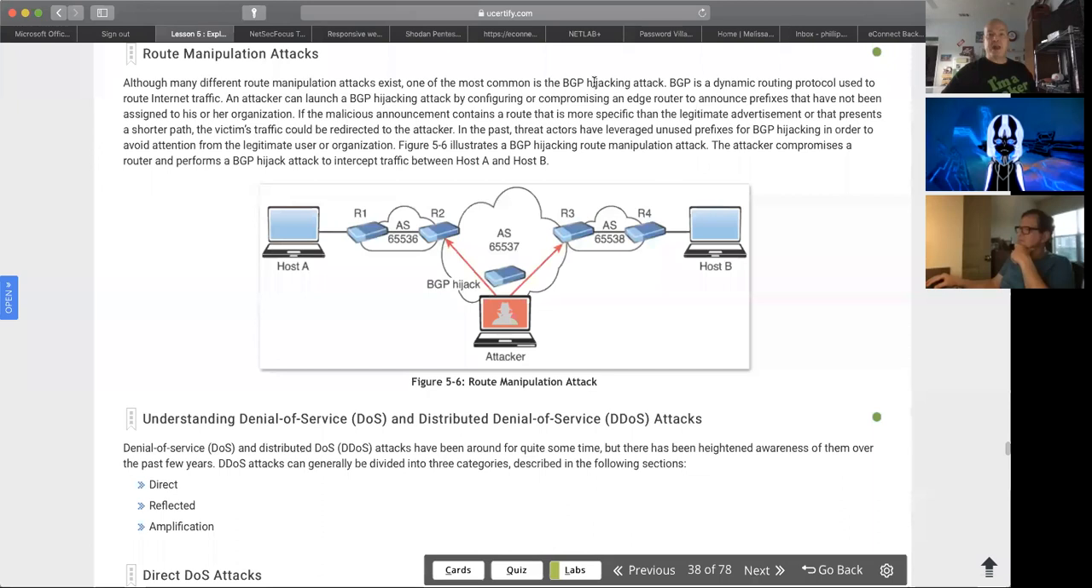BGP is a dynamic routing protocol used to route internet traffic. An attacker can launch a BGP hijacking attack by configuring or compromising the edge router to announce prefixes that have not been assigned to his or her organization. If malicious announcements contain a route that is more specific than the legitimate advertisement, or that